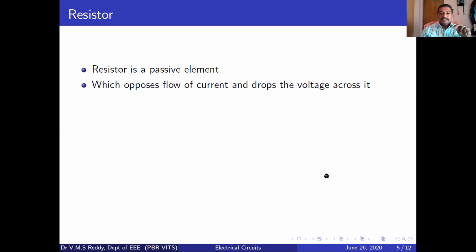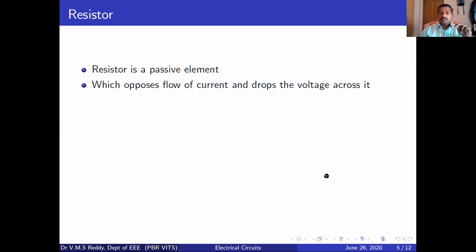Meaning, a small length of conductor should contain less resistance, and a large length of the conductor should contain large resistance. The large cross-sectional area of the conductor should contain less resistance, whereas the small cross-sectional area of the conductor should contain more resistance. That is about this physical property of the resistor.